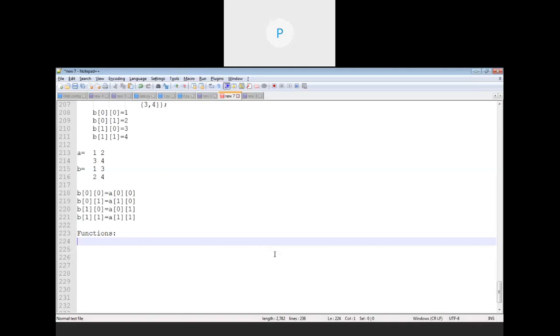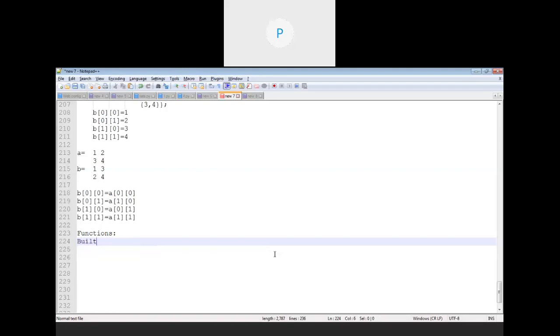Now, in predefined functions, we have functions like printf, scanf, getch, clear screen. These are the functions which are provided by the Turbo C developers. And for using those functions, we just have to include the header files. Just like we have seen stdio.h and conio.h, in the same way, first we will learn two more built-in functions, and then I'll explain the user-defined function.